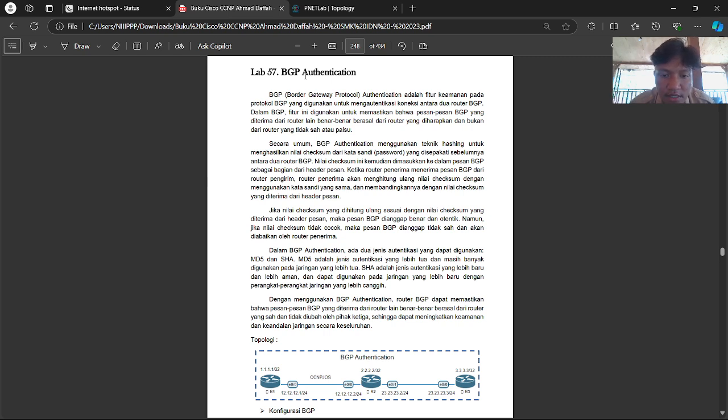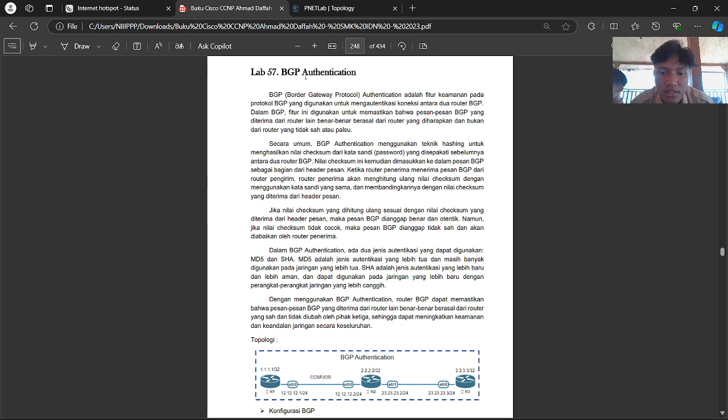The result of the checksum is then put into the BGP message in the header part.